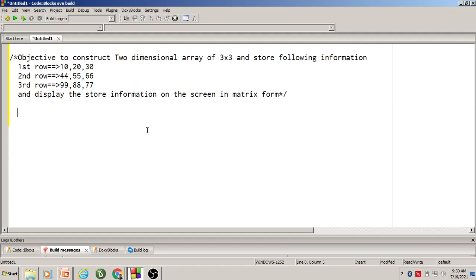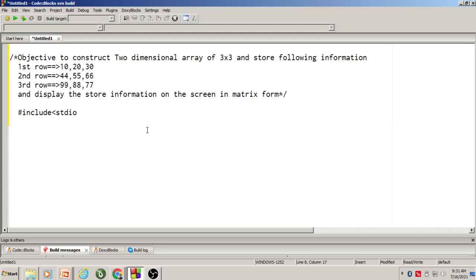Dynamic initialization is only for when you don't know what information to put in a matrix. Here the information has been given in advance. So therefore we shall write the code in this way: